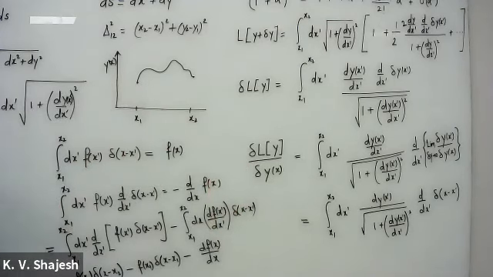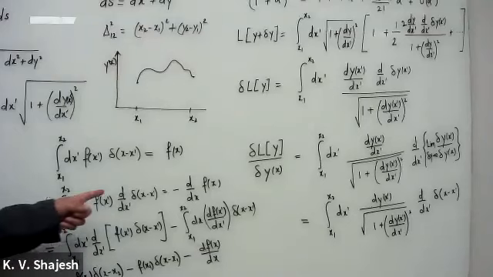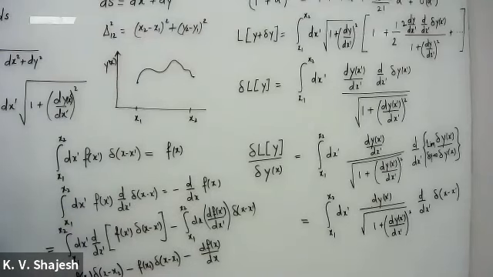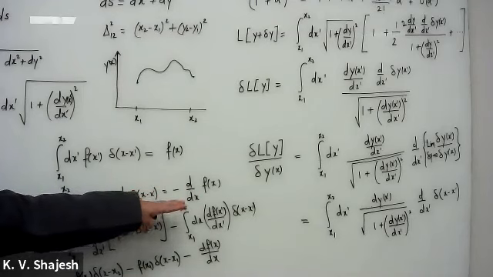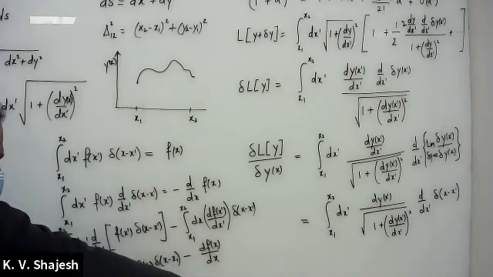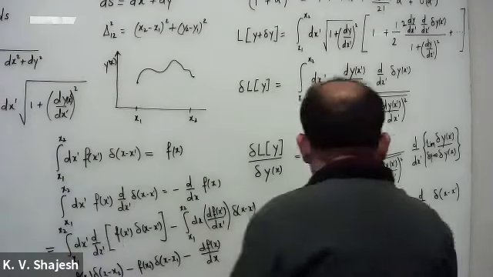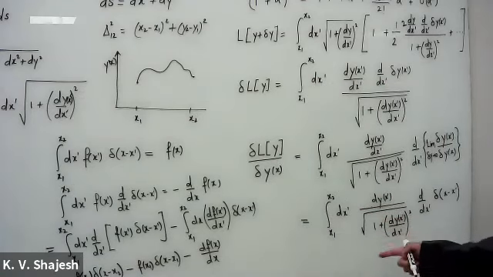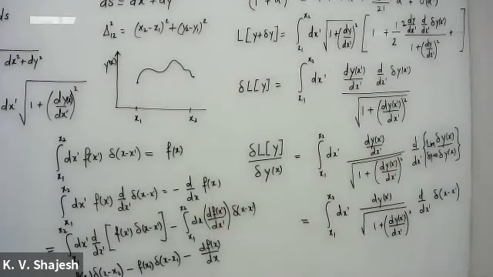Is that clear? But here we are saying that there is no variation at that boundary point, so these two don't contribute. It's just that. So when I wrote this, I assumed that these two don't contribute. But it is good to see that as a result itself. It's convenient to use that right here, then you can write the next step instead of doing that in 3 steps. Okay, clear? So at this stage, assuming that there are no variations at the boundary, then I can actually proceed